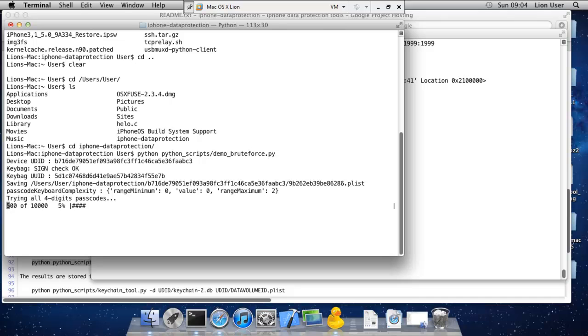The brute force Python script connects to the custom restored external daemon on the RAM disk, collects basic device information like unique device keys, downloads the system key bag and tries to brute force the passcode. A 4-digit passcode can be cracked in 20 minutes.